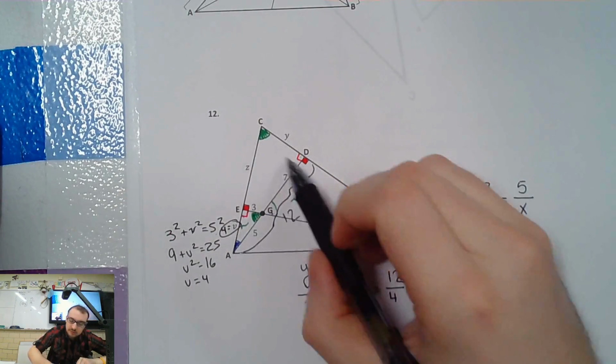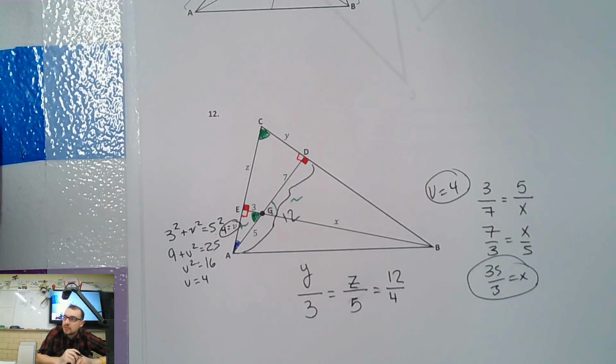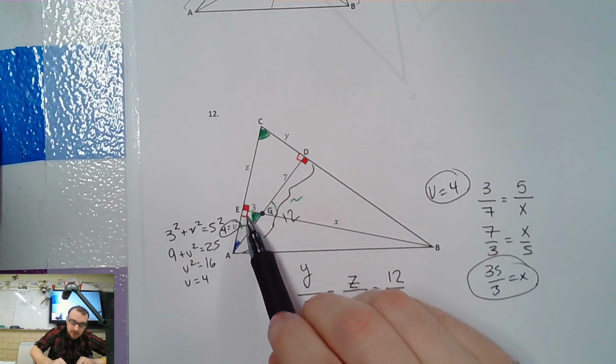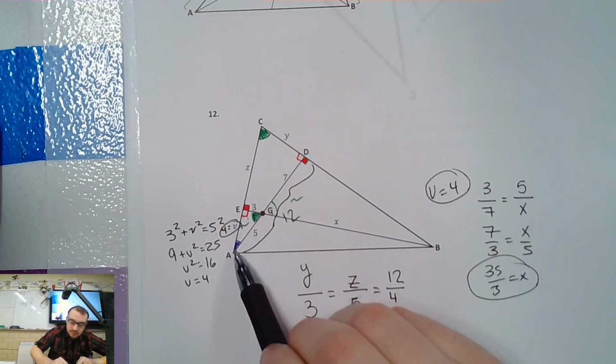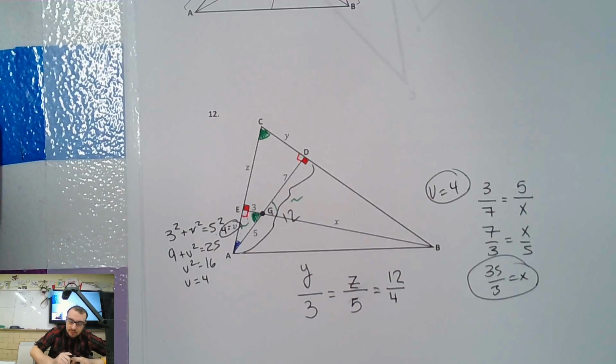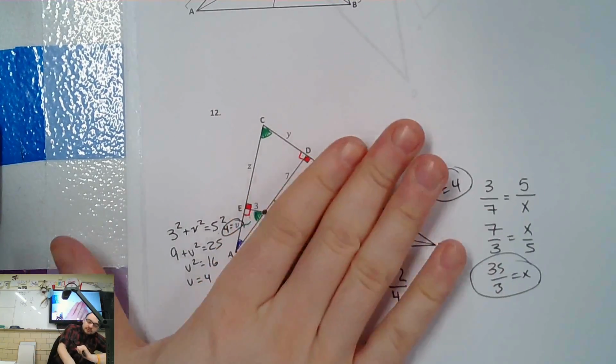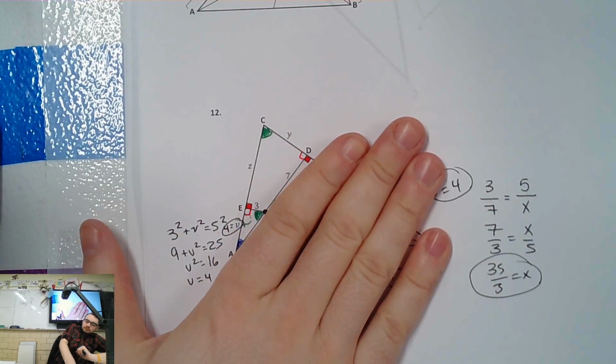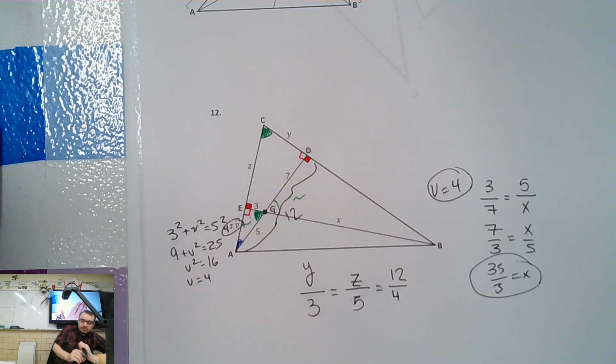And they're similar by double angle, right? Because they share this angle. So right angle, blue angle, right angle, blue angle. They're similar, right? And so we're looking at these two, and then matching up their sides. Do you know how we match up their sides? You can either do it by angle color or you can write the triangle similarity statement. You could write that triangle